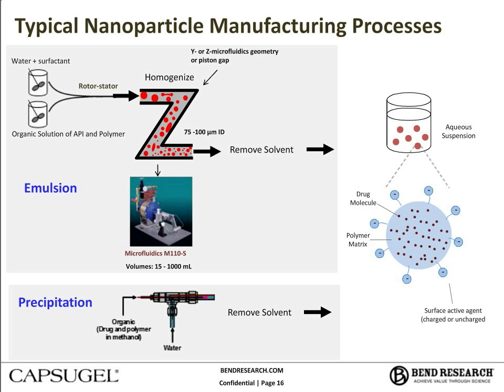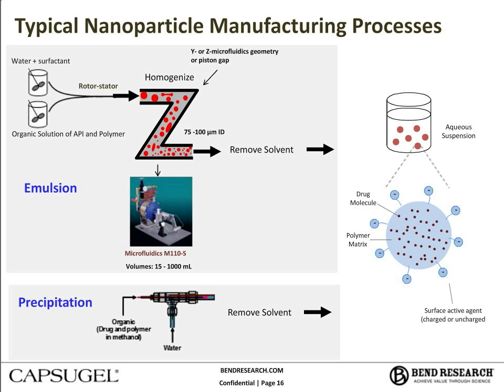Often an ionic or non-ionic surfactant is added to the water phase to stabilize the emulsion droplet. There's typically a pre-emulsion step using a rotor stator or similar mixer, followed by emulsification in a microfluidizer or piston gap homogenizer. After emulsification, the organic solvent is removed by evaporation or through solvent exchange to give a suspension of